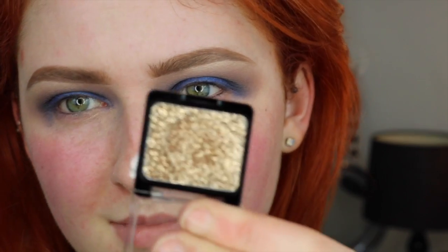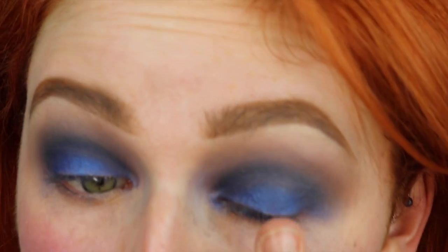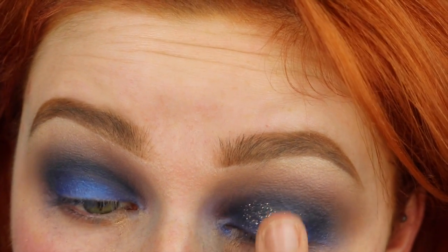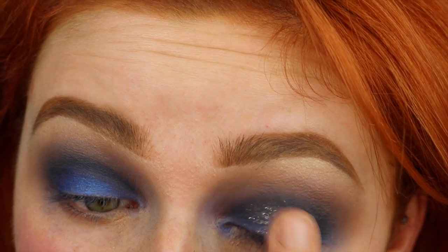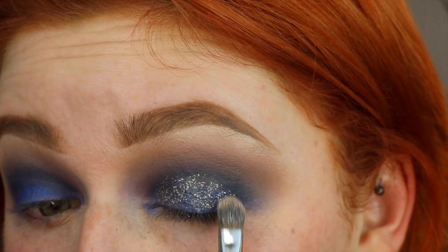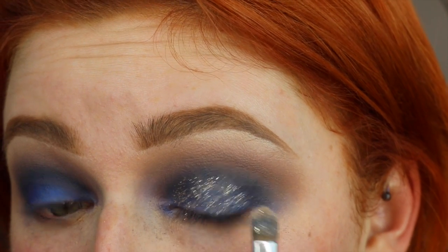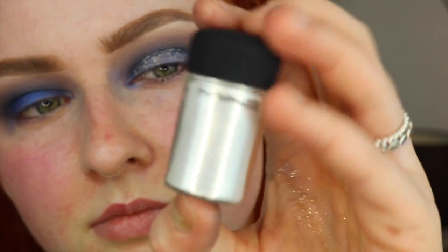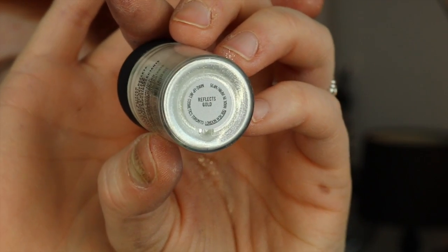And then once everything looks pretty much blended, I'm going to go in with this Wet n Wild pressed glitter. I had high hopes for this, but oh my god, no. Pressing that into my eyelid, and as you can see it is not coming out as I wanted it to, so I switched to a brush to see if that would work any better. That worked a little bit better,